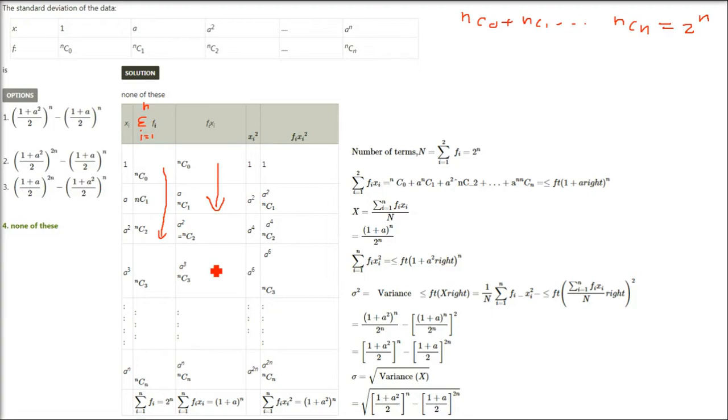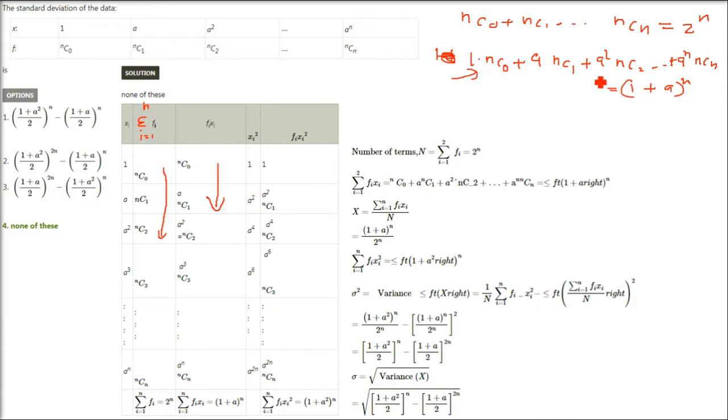So when you see this column, once again we have a series, and we have a GP along with this nC0, nC1, nCn. Let me just write it here, you'll understand what I'm trying to suggest. See, 1 into nC0 plus a into nC1 plus a square into nC2, this goes up to a to the power n nCn. So what is the sum of this series? When you again go back to your binomial, it's (1 plus a) raised to the power n. This is 1 plus a raised n.